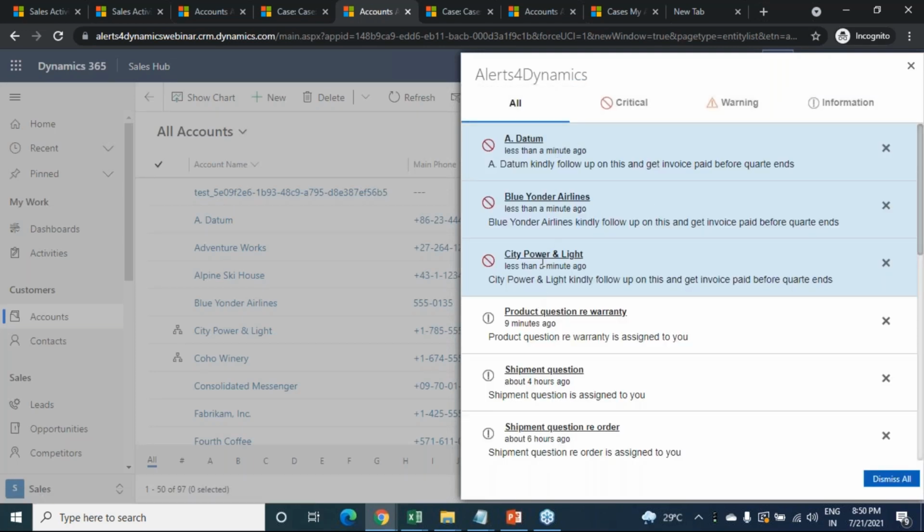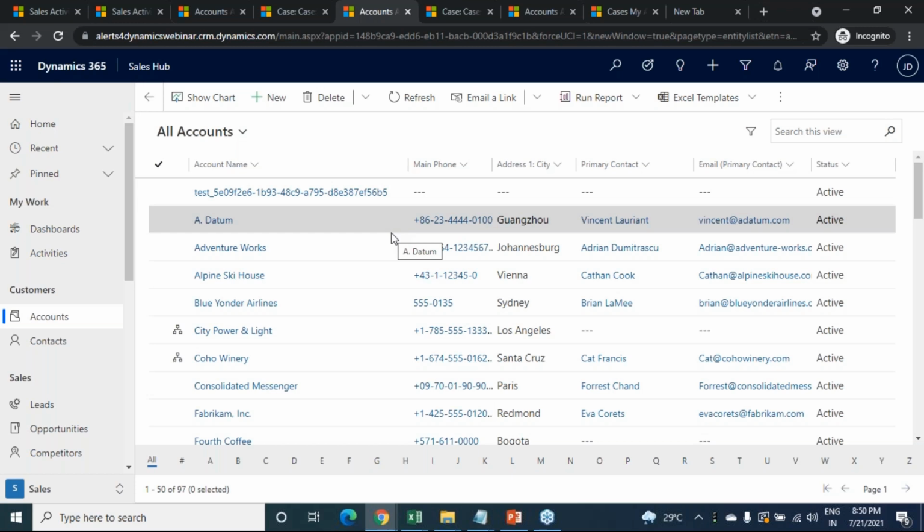These are all the accounts whose invoices are due, and the message that we added in the message text, these were the dynamic values I entered. Follow up on this and get the invoice paid before. This is the message that I added in the text. So the sales manager has indicated a clear message. Now as a salesperson, John will be able to work on those records immediately and get the invoice paid before this financial quarter ends. This is how, based on the condition you set in the rule-based alert that you created, the notification will be sent to the users.